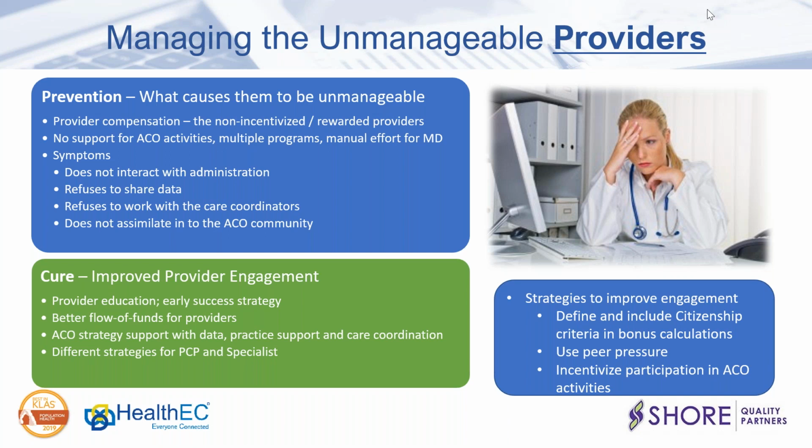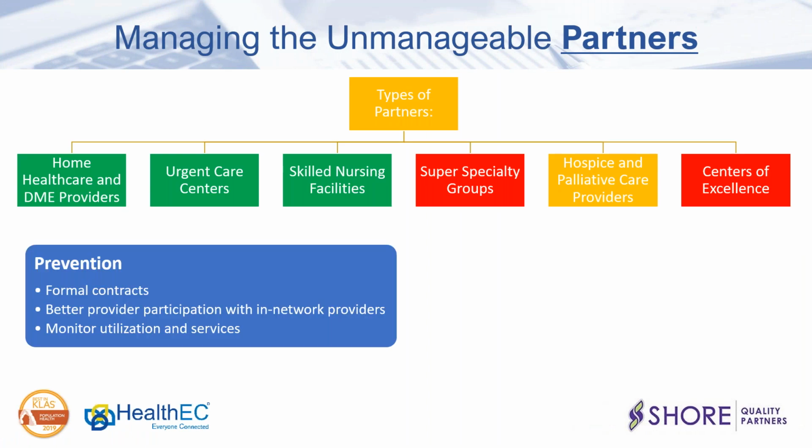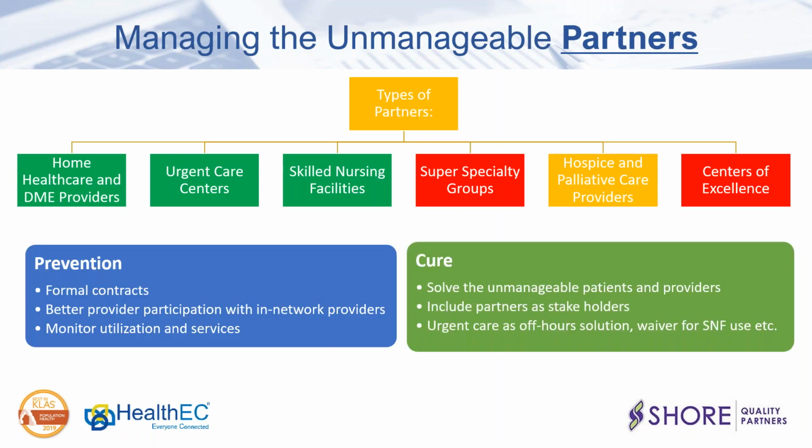And I think that it leads us into the next slide, where we're talking about partners. And Cliff has already brought up the issue about super specialty groups, or super groups, as some people like to refer to them, which eliminates the freestanding specialist in the community, and you're forced to reckon with a big guy, and so that's a whole different approach to managing an unmanageable partner. You're between a rock and a hard place in terms of who you can use within your service. Well, and how you live with them becomes really delicate.